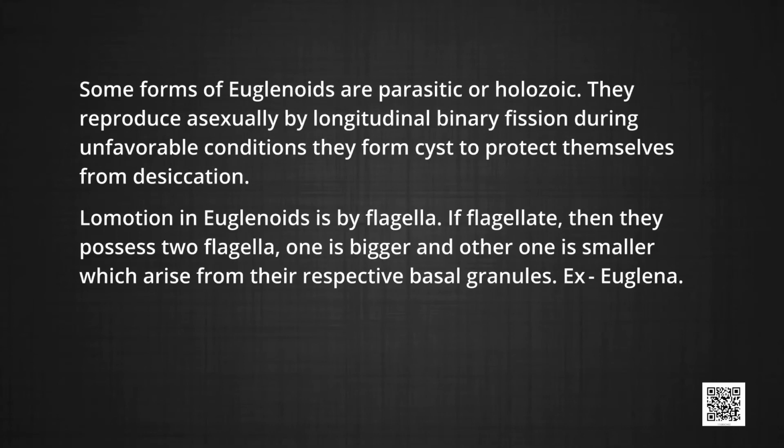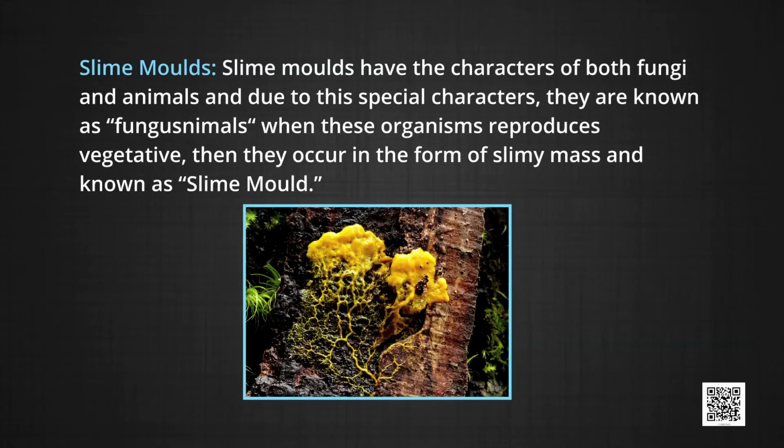Locomotion in euglenoids is by flagella. If flagellate, then they possess two flagella. One is bigger and the other one is smaller, which arise from their respective basal granules. Example, Euglena. Slime molds. Slime molds have the characters of both fungi and animals, and due to these special characters,